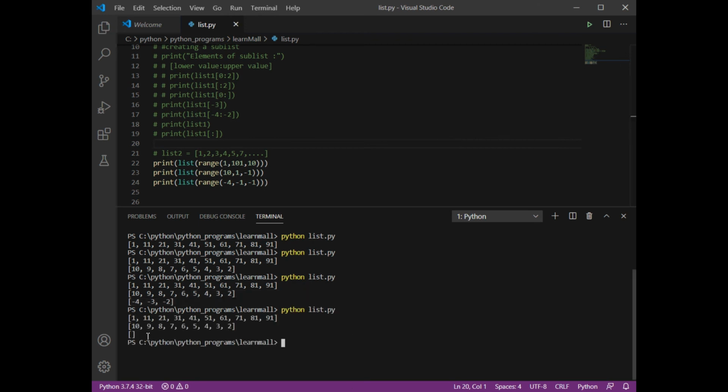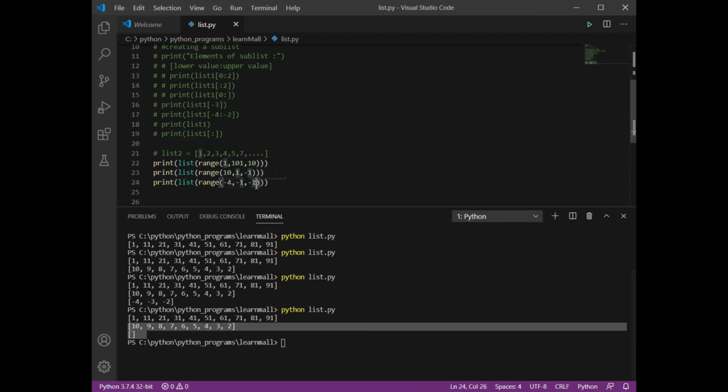It is going to give me blank. Why? Because it never approaches -1. You are increasing the value. -4, -1, it becomes -5. -5, -1, -6. It will never come to -1. So that is why I want the default increment, which is +1. -4 plus 1 gives me -3. -3 plus 1 gives me -2. Okay, I hope you are understanding the things.